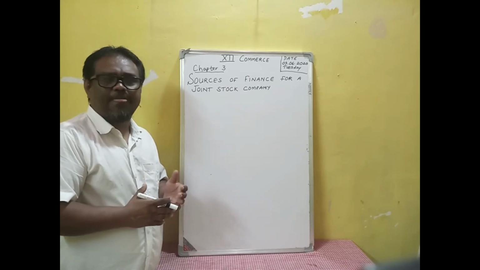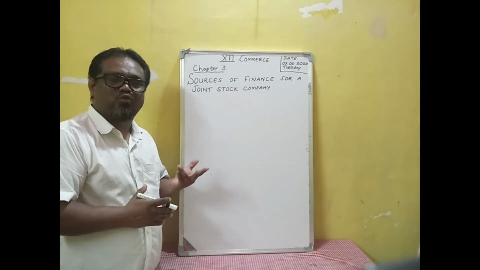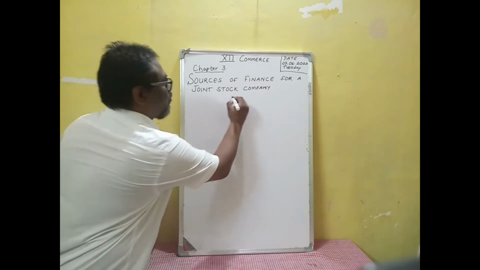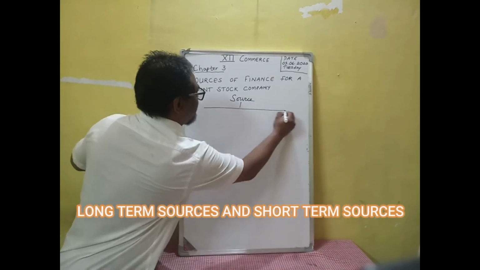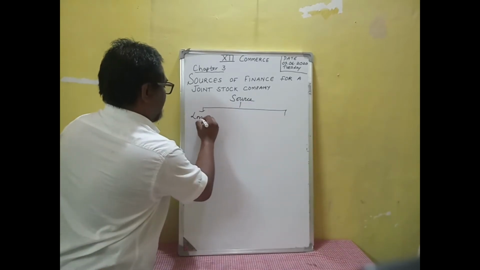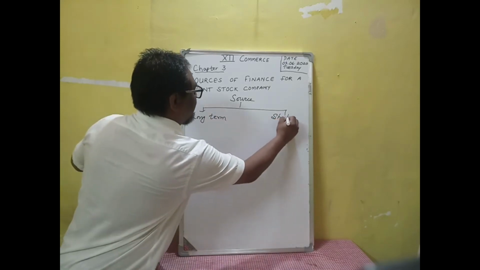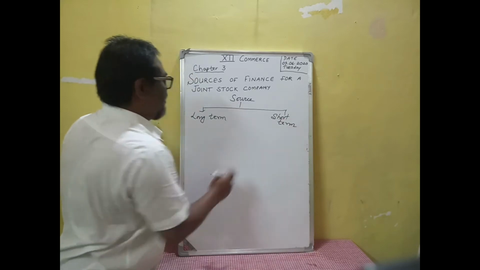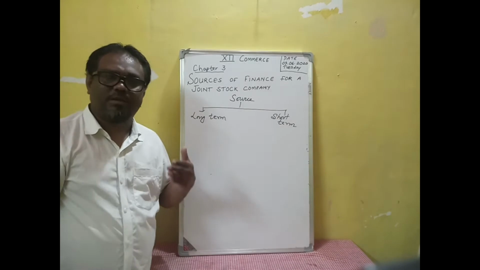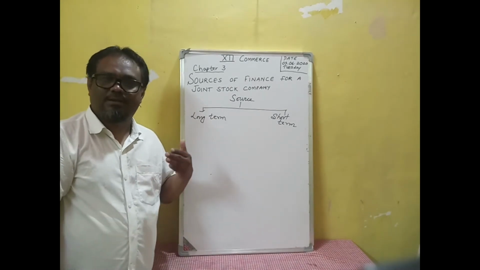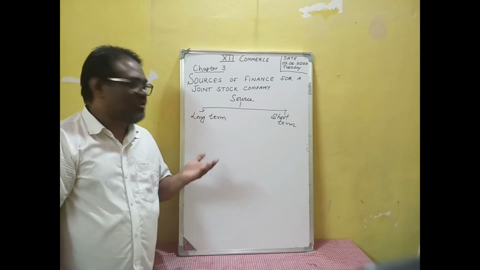So, joint stock company. The sources of fund can be categorized into two: one is long-term and the other is short-term sources. Long-term sources are used for the purchase of assets, modernization, and expansion of the business. So these long-term sources